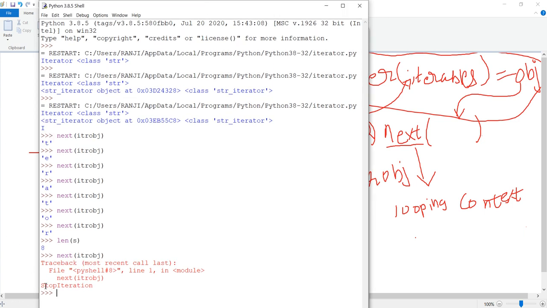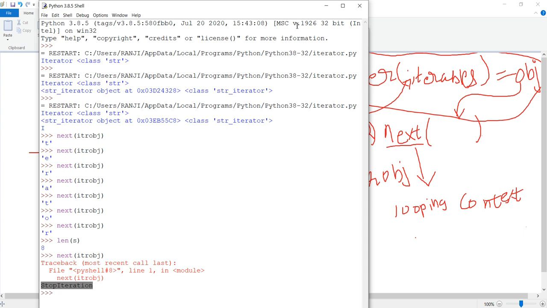If you just read this traceback, it is of StopIteration, and there are no further explanations as we get from other exceptions like NameError or TypeError, things like that. So this exception we need to handle.